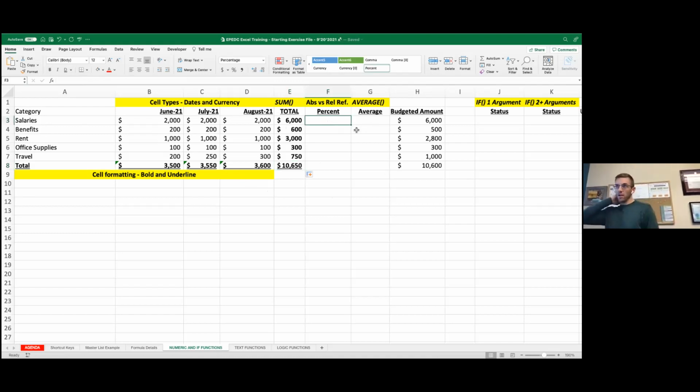Now I want to see what percentage of salaries equals my total down here at the bottom, and what percentage of rent is part of my total expense. So I want to create a percentage. We know a percentage is this divided by the total, so I don't have to use a formula for this. I can just say equals this divided by, the slash,